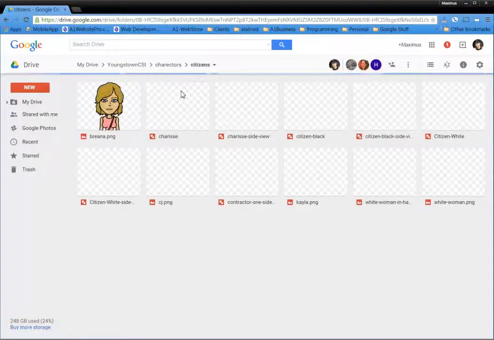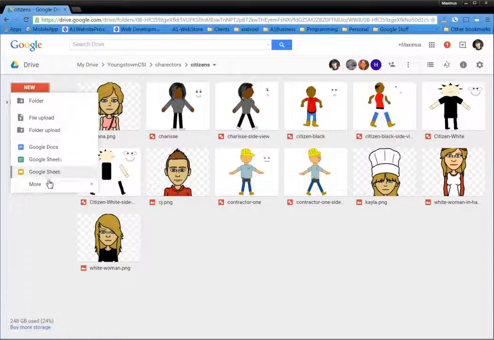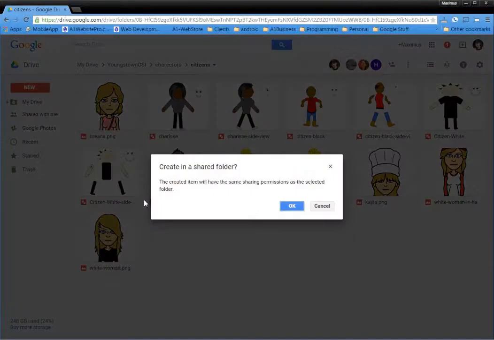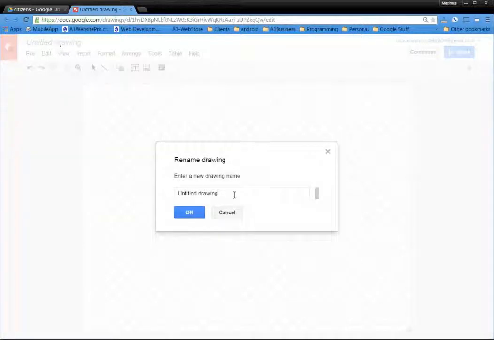If we go in here to citizens, we see the different citizens that we're creating in Google Draw. We basically need a full body shot, and to create a drawing in Google Drive, you just select New, go to More, and then Google Drawings, and you can share this with the rest of your family by creating it in the shared folder. We're going to start creating a little character that we're going to use, and maybe we'll just call this Y-Town Citizen,